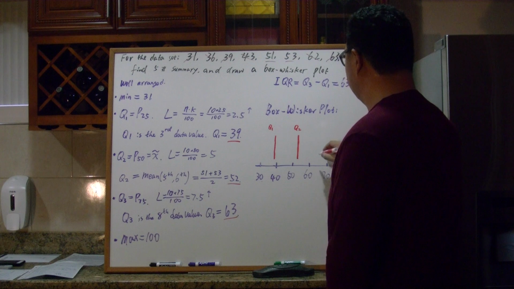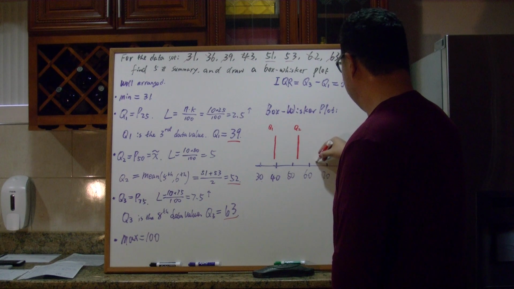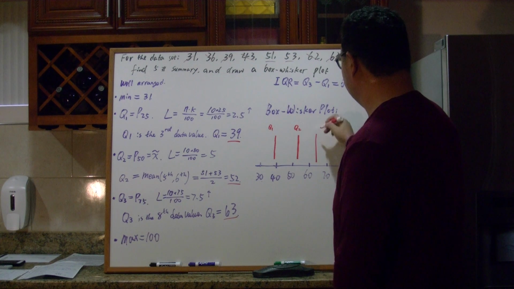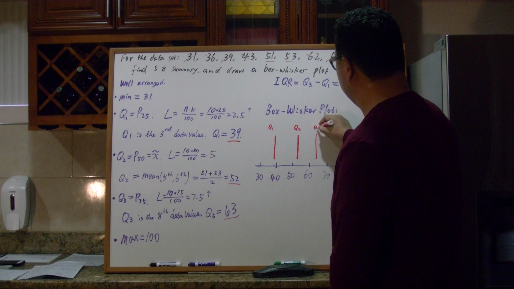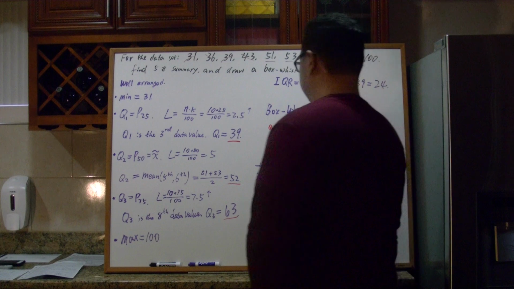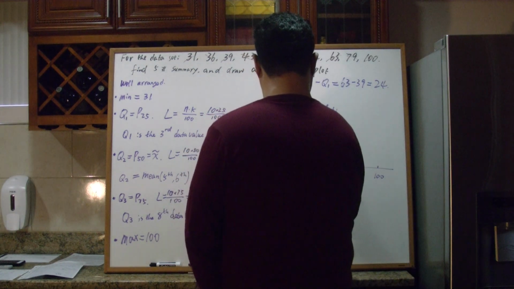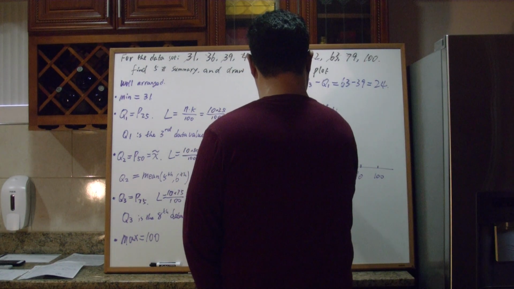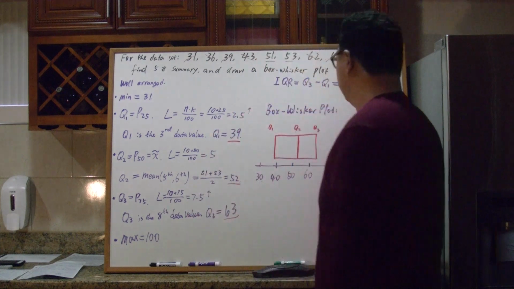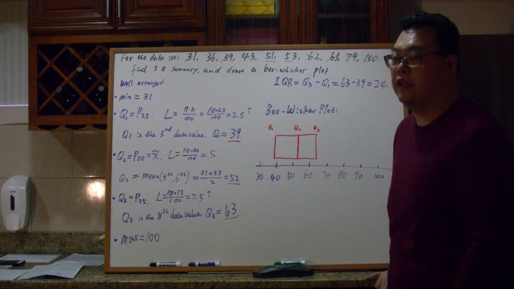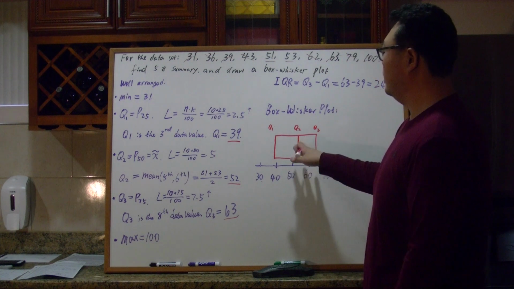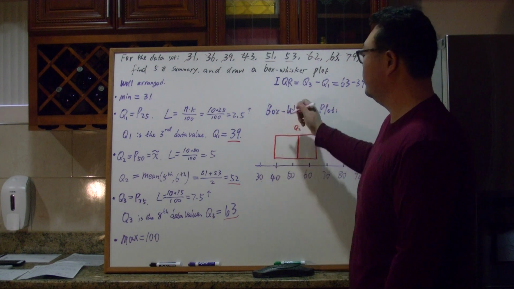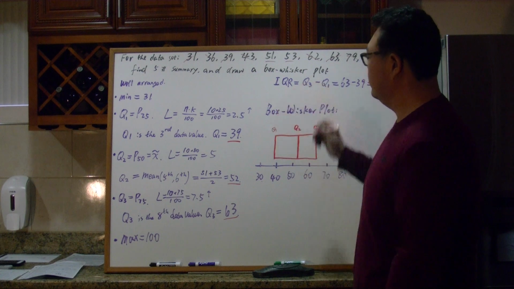And our third quartile is 63, that looks like it could be here, the third quartile. And we draw a rectangular box around it, and that's our interquartile range, right? From Q1 to our Q3,